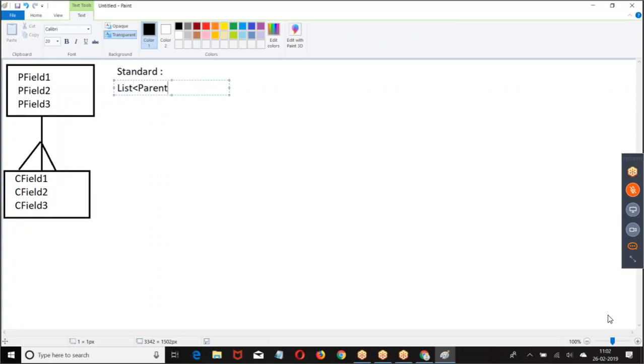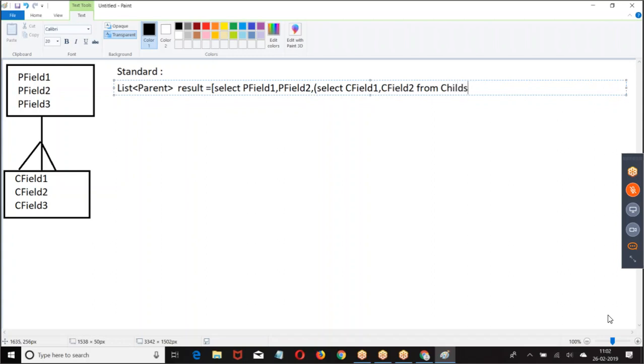list of parent, because we are getting parent data along with the corresponding child data. List of parent result equal to select parent field 1, parent field 2, select child field 1, child field 2 from childs from.